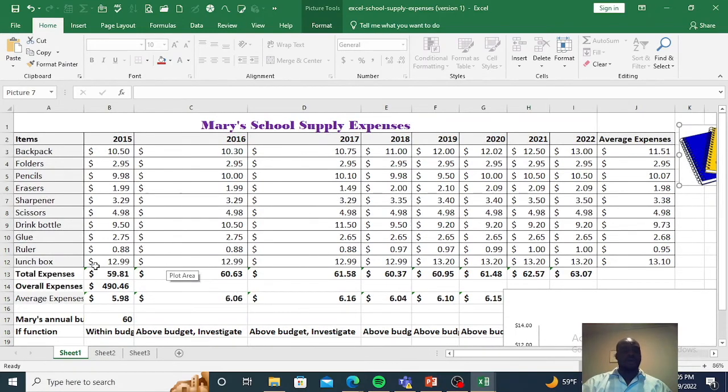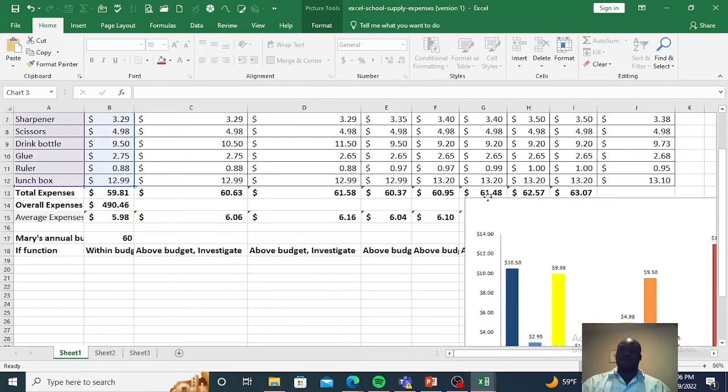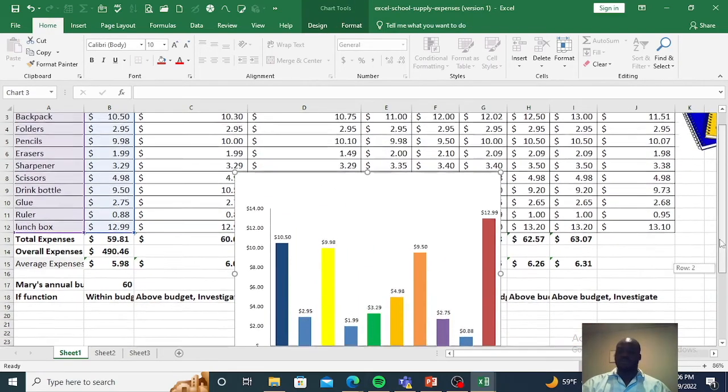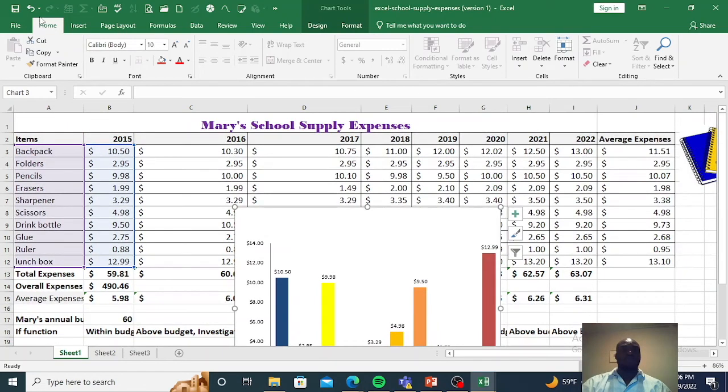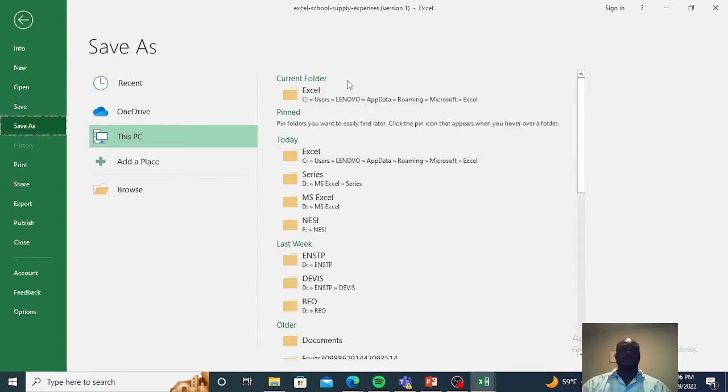Great. So in our previous work we calculated the total expenses, average expenses, and we equally went ahead to show how to use the IF function. So this is the final version of our work right here, which we've been able to recover. So you can go ahead and use Save As to be able to save